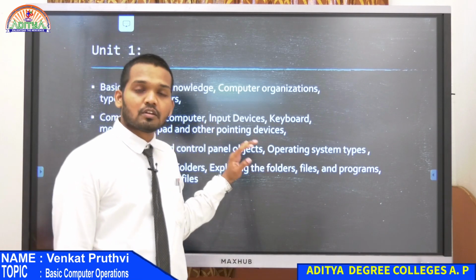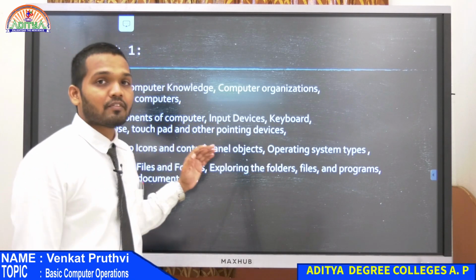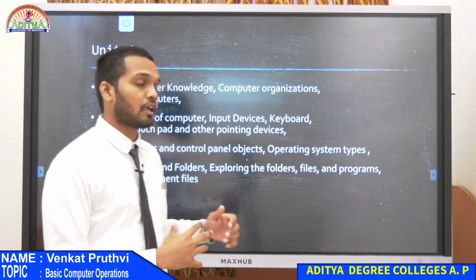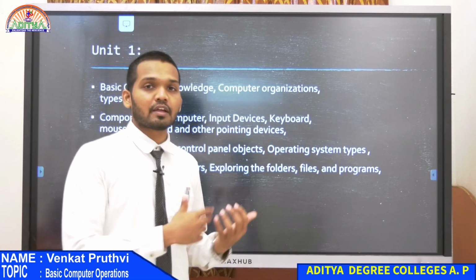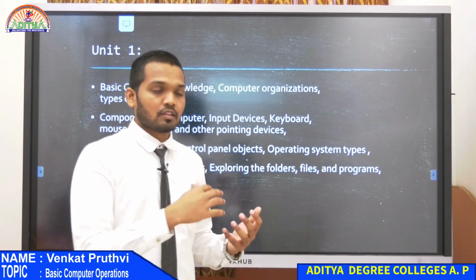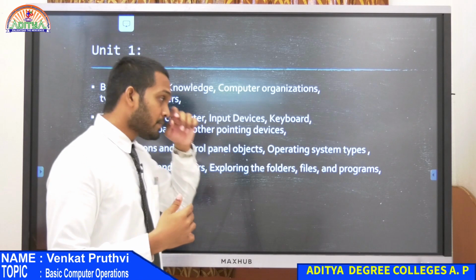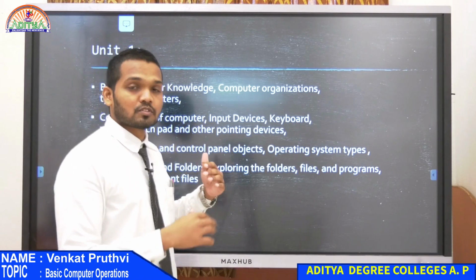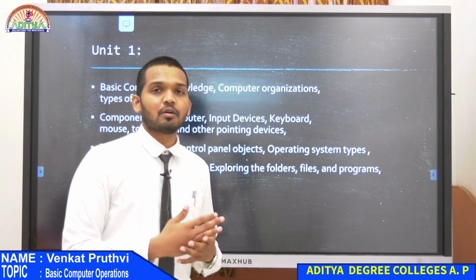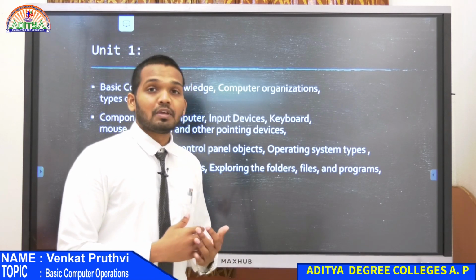This is the unit 1 syllabus that we have. I am showing you this syllabus in every session because I wanted you to first understand what you are trying to learn. Based on what you have to learn, then you can learn the components or the functions later. I will be going slowly because I don't know how many of you are familiar with computers or know the basics of computers.